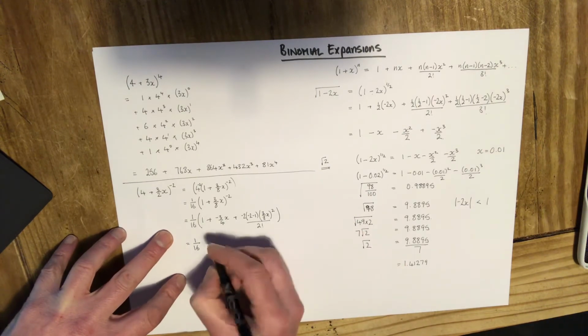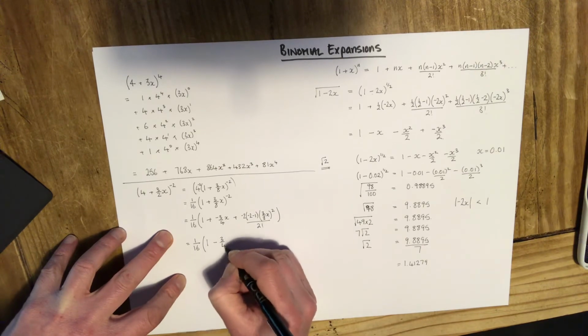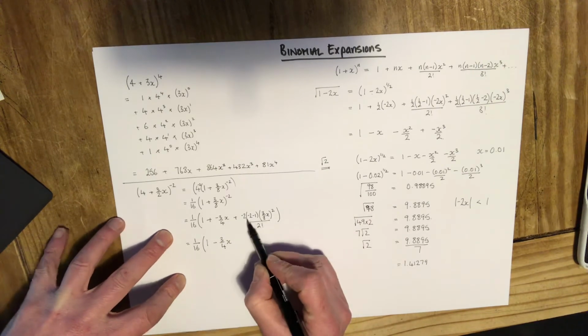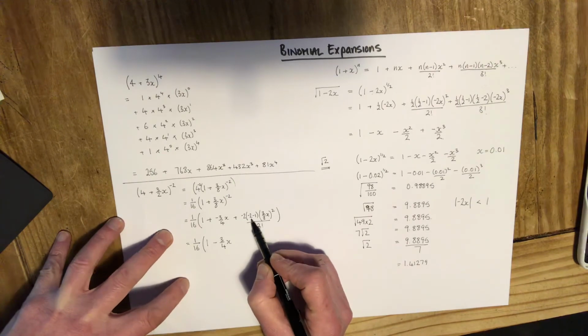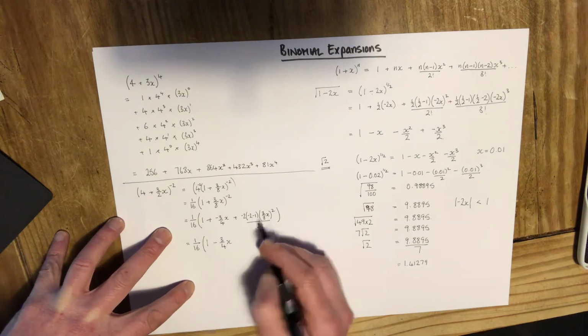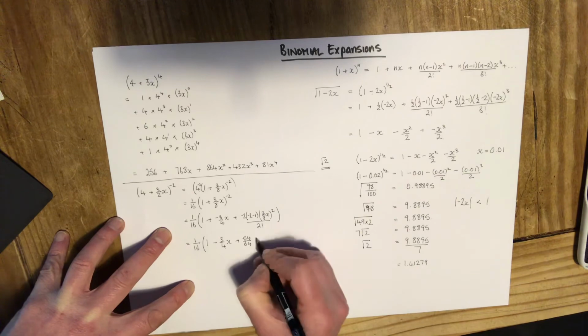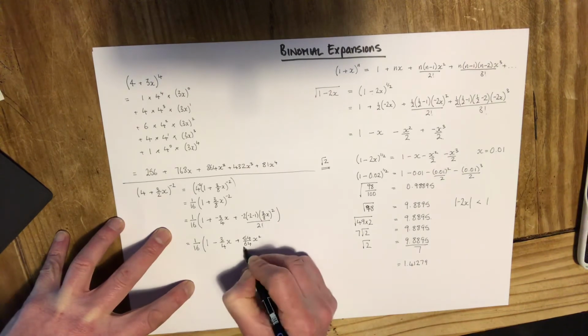So 1 over 16, and now I'm just doing some numeracy, 3 over 4x. So this is minus 2 times minus 3, which would be 6. This is 9 over 64, so 9 times 6 is 54 over 64 times x squared, all divided by